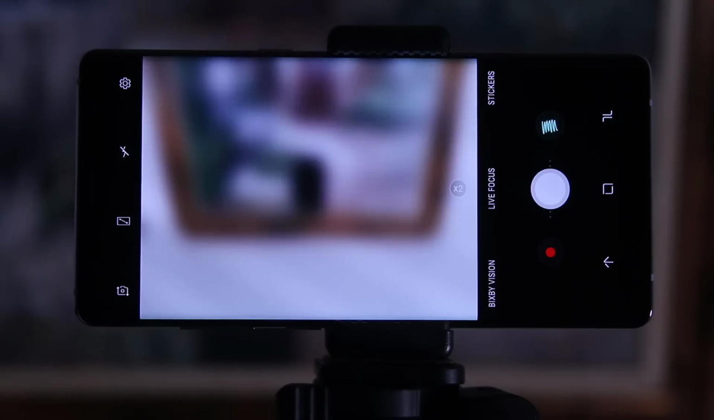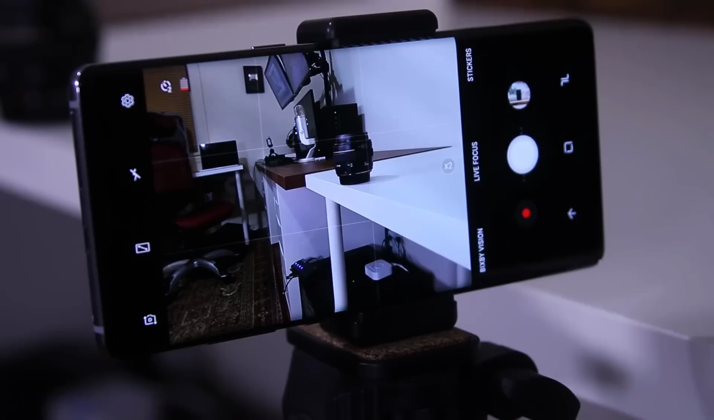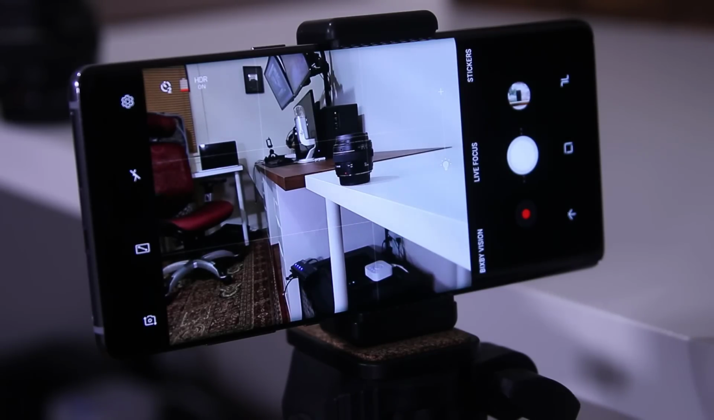If you tap that, again, it's going to switch into the secondary camera, but this time it's going to allow you to focus in on one subject while trying to blur out the background. So let me just show you exactly what I'm talking about. We are currently in the primary camera mode, and as you can see, I have a lens sitting right over here. What I'm going to do is switch to the live focus mode